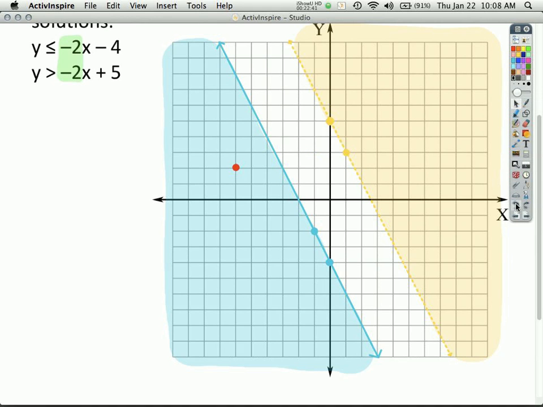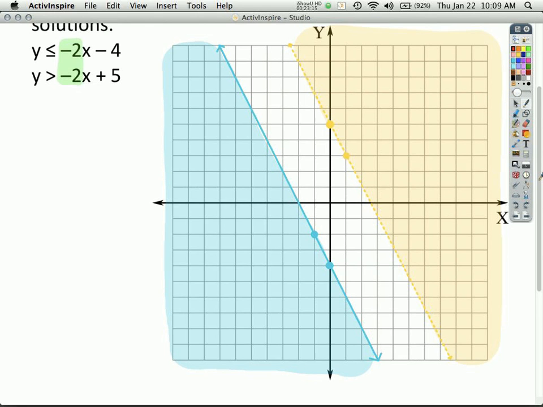In one shaded region, that's a solution to one of them. In the other shaded region, that's a solution to the other one. And it goes back to what Melinda said, is there's no double shaded region. So you guys are right. In this case, there is no solution to this system because there's no overlap. There's no overlap. So great observations. Great job. Does anyone have any theories or any new observations?